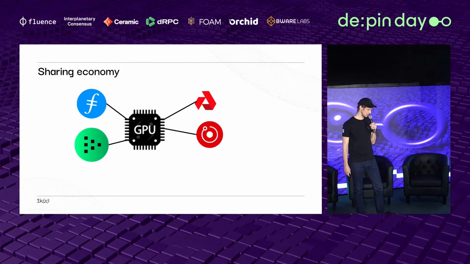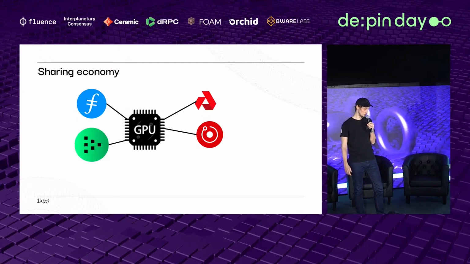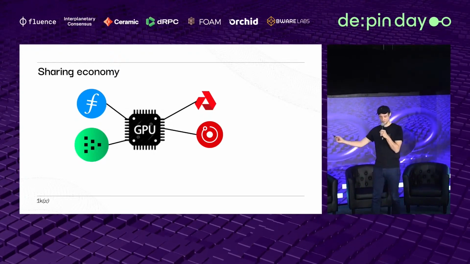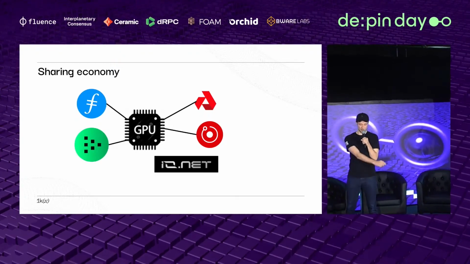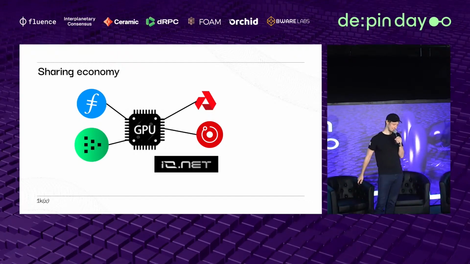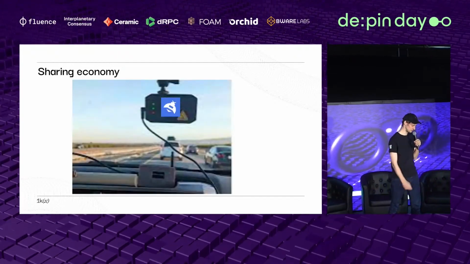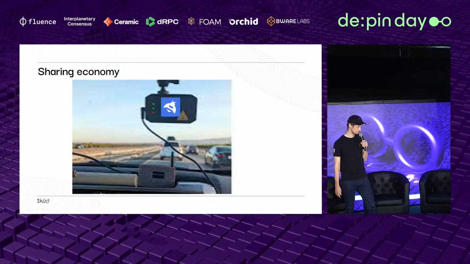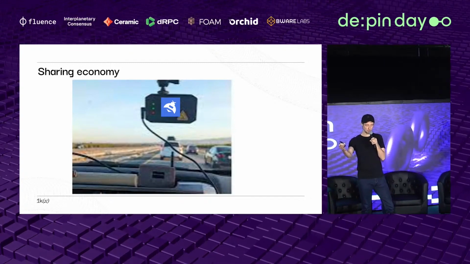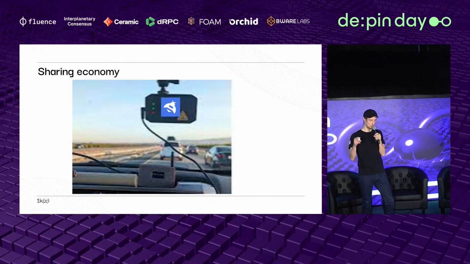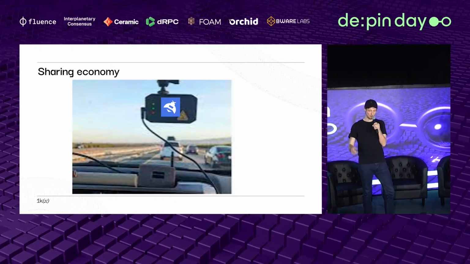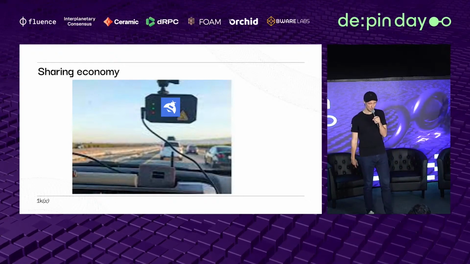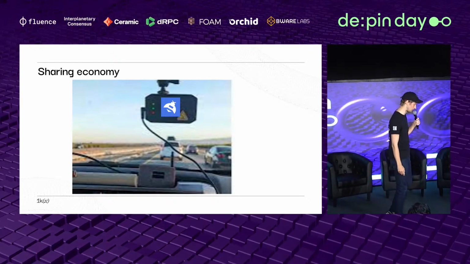Sharing economy is one of those. Filecoin miners have a GPU, but they can also put it to support Livepeer or Akash or Render, right? And now you have even guys like IO.net who say, hey, I help you do that. And then there's even the more traditional sharing economy definition, right? Hivemapper, for example. Typically, if you're supporting Hivemapper, you probably don't go into your car and drive around just to map things. It's typically the other way around. You're already in your car, you drive somewhere, you just turn on the camera, right? So a classical example of sharing economy.